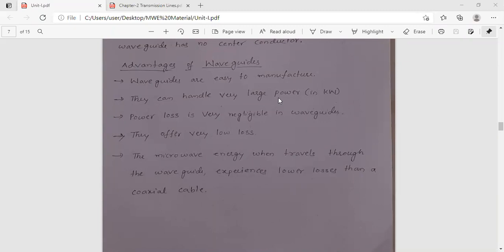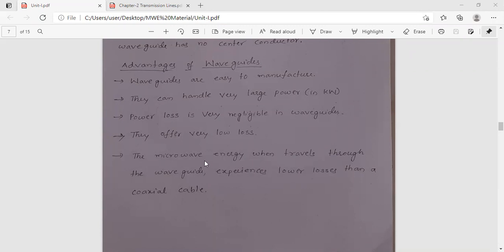Next we have low power loss. As all the power enters the waveguide, the chances of wastage of power will not be there. In the case of a waveguide, there are very small losses. And the fourth one is low loss in the case of waves, and also in the case of information. And these two suggest that the losses found in coaxial cable will